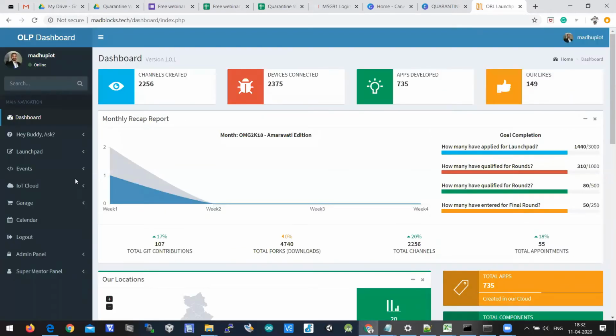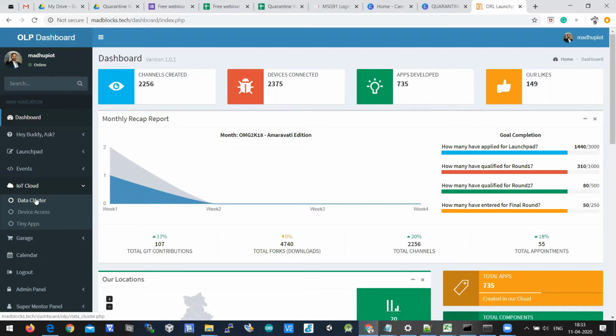So let's jump into the main topic. Here in the dashboard page, you'll have a side menu bar. In that, you will have an option called IoT Cloud, which is important as of now. When you click on IoT Cloud, you will get three options here. One is called Data Cluster, the second is called Device Access, and the third is called Tiny Apps.